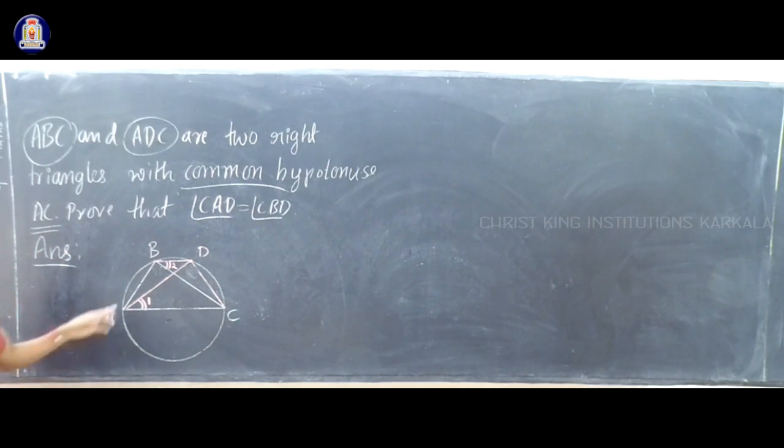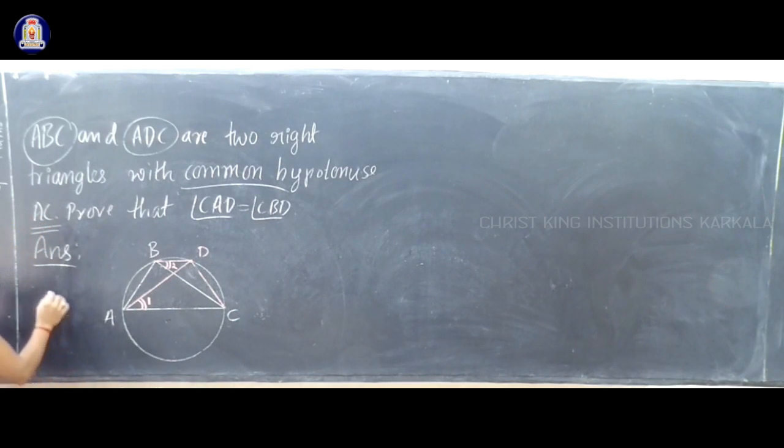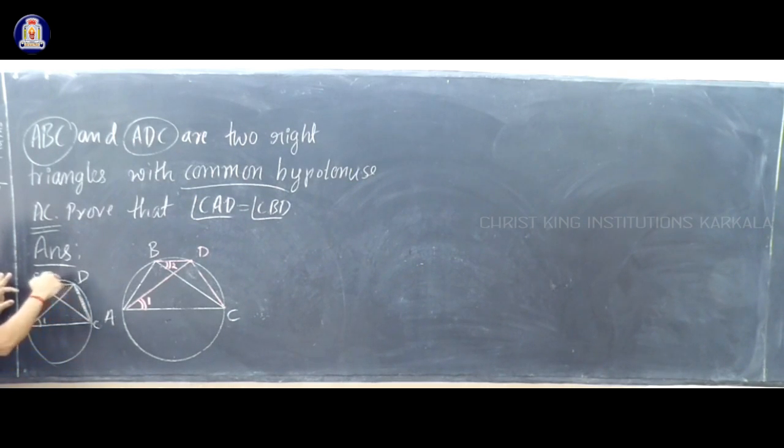Here nothing else is given, you just have to observe properly. I will highlight this part of the figure. You draw the circle, and here you have chord CD, and here you have angle 2, that is angle CBD. And angle 1 is like this. This is your angle 1. What is this? Chord CD. On this side of chord CD, what do we have? Major segment, and what do we have?